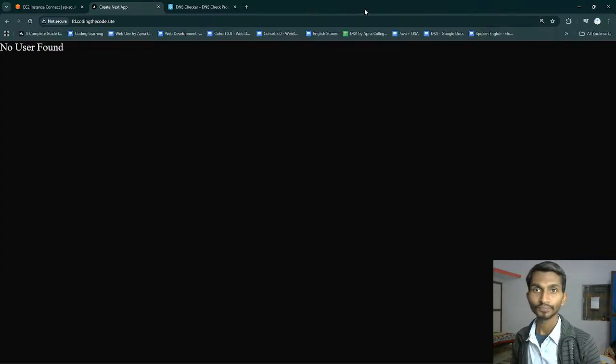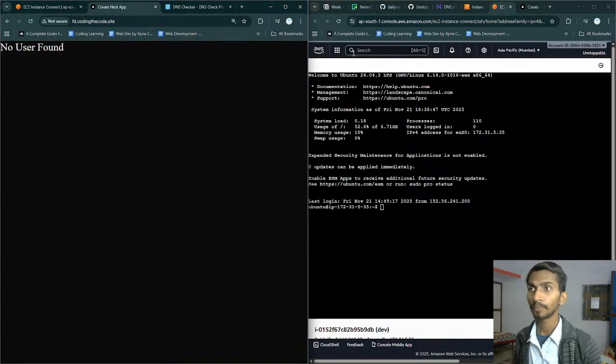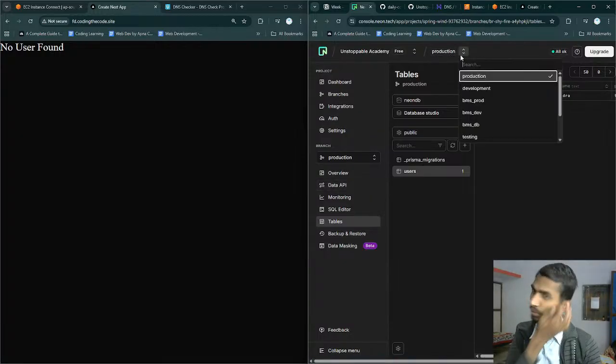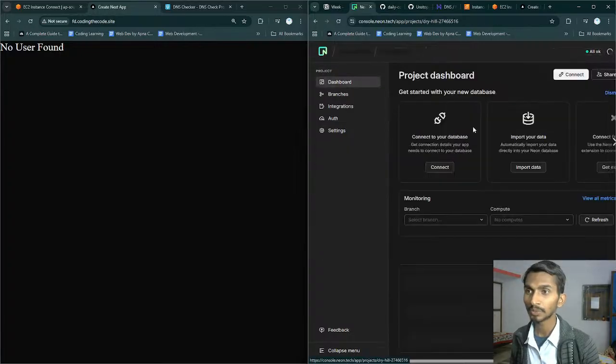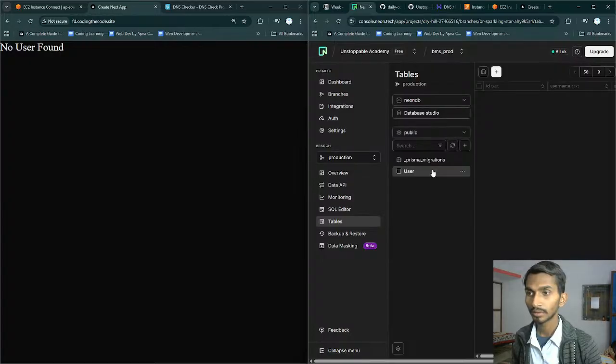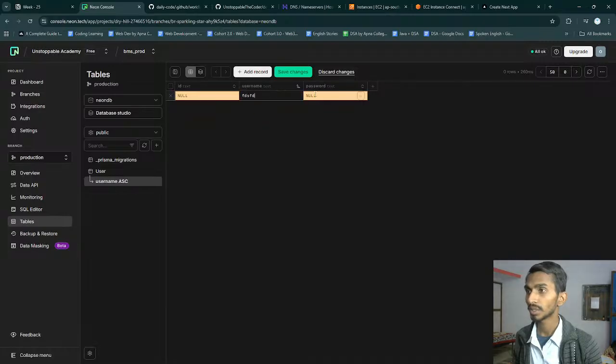Let's check the DB. As far as the DB is concerned, this is the production one, right? So BMS prod. Do we have any data inside it? User, there is no user right now, so we need to create a user. So let's actually create a user. Username, let's do FDS, password is gonna be something like that. I'm not really worried.